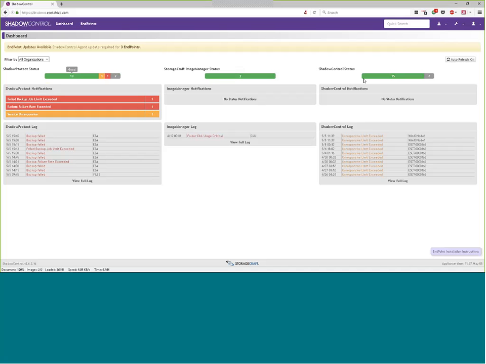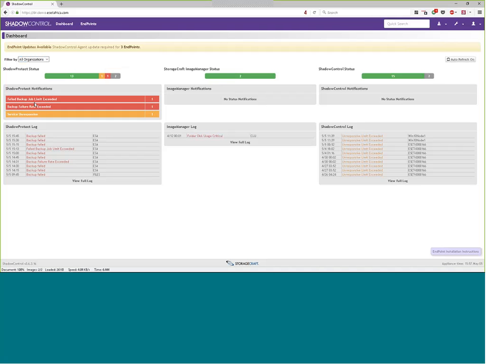Next, of course, you can see the overall status of the organizations. At the moment, I'm filtering all organizations. If you had multiple customers set up, you can drill down into their environment specifically in order to see unique details to that customer. You can also see any ongoing issues.